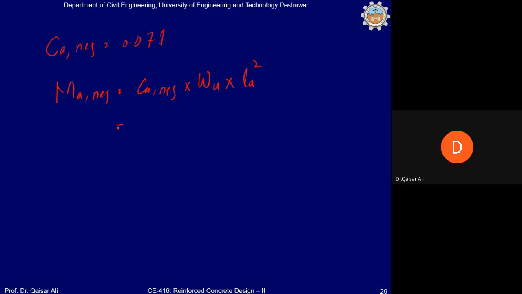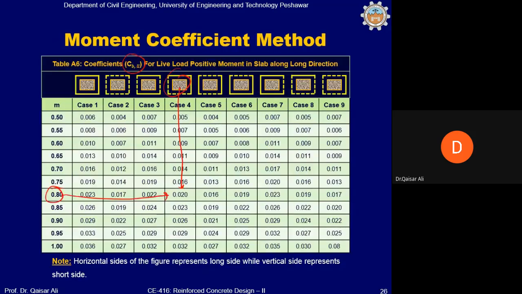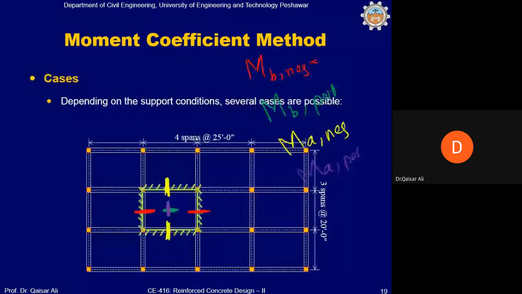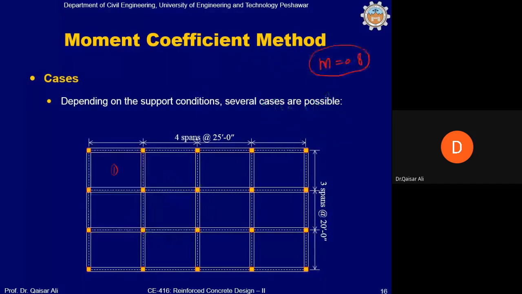तो ये जरा put करें, CA negative is 0.071. Okay, multiplied by WU, is how much? WU हमने calculate किया था, total ultimate load 0.226, multiplied by LA, is how much? यहाँ पर हमने कैलकुलेट किया था LA. This is 20 feet